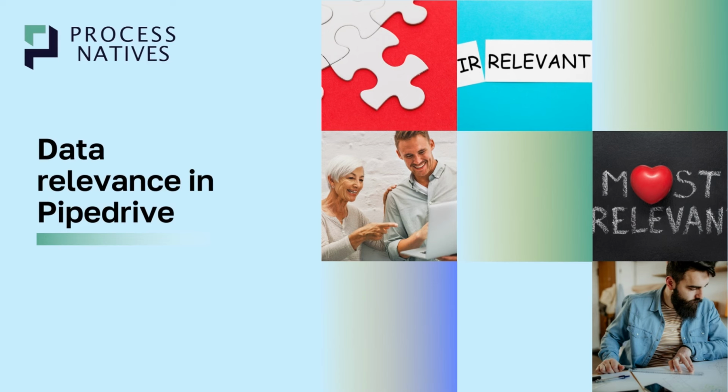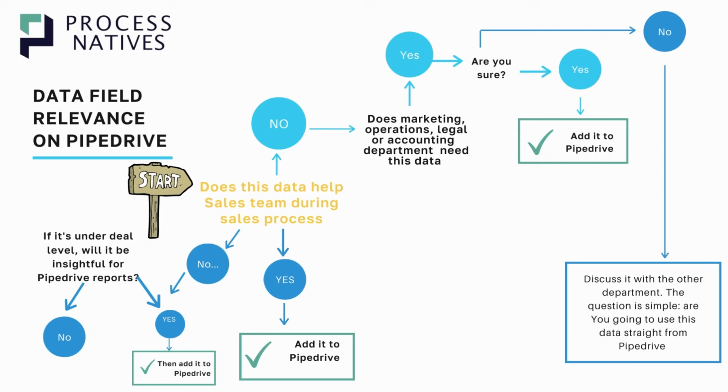What do we mean by data relevance in Pipedrive? It's simply a question if you should store your data field in Pipedrive. Why